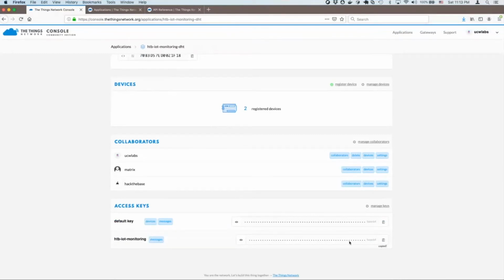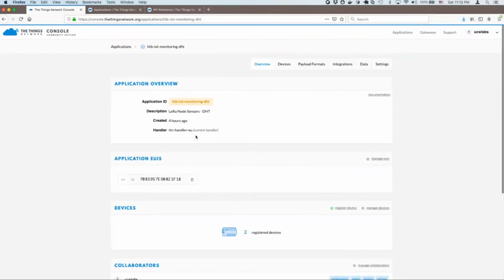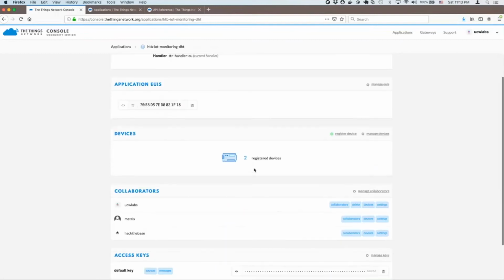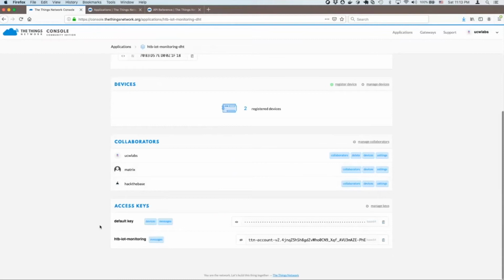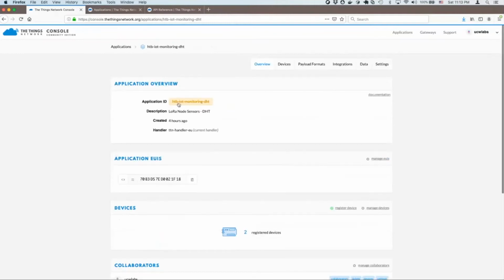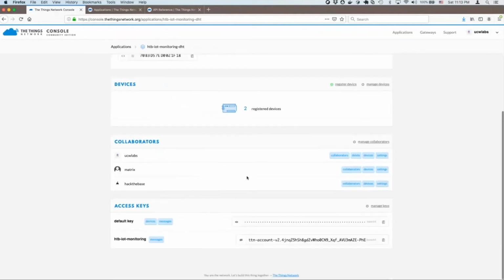So if you go to your application and scroll down on the screen, you can see the access key here. It's the password to MQTT, and the user ID is actually the application ID. Each access key can have